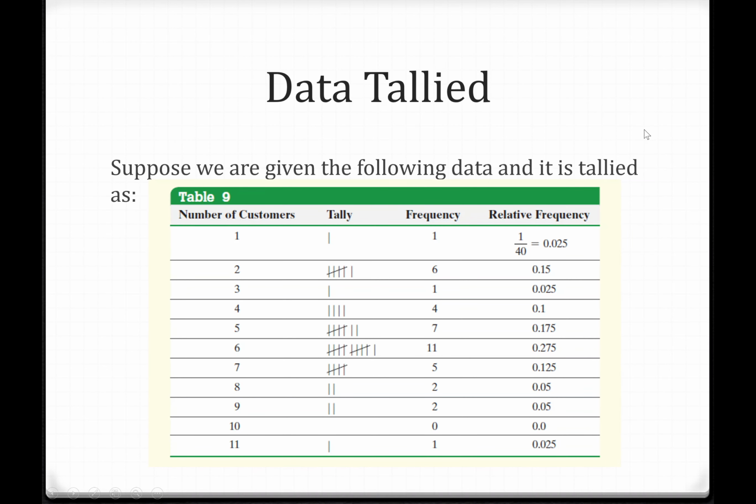So we've got the following. Suppose we are given the following data, and it is tallied as the following. So we're going to do this for the frequency distribution. The frequency distribution is